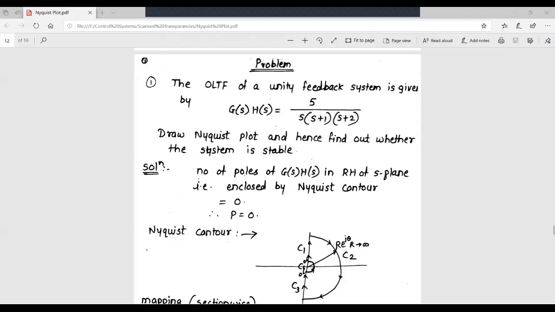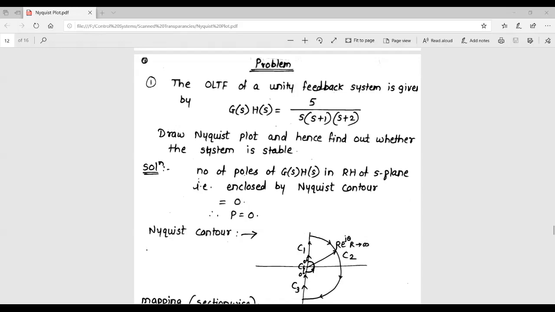From the given G(s)H(s), we know that we need to have three parameters: Z, P as well as N. And from the Nyquist criteria, we have seen that N is the encirclements around the critical point, which we will obtain after sketching the Nyquist plot, because N are the encirclements made by the mapped contour, right? So N we will calculate in the end. We have Z and P.